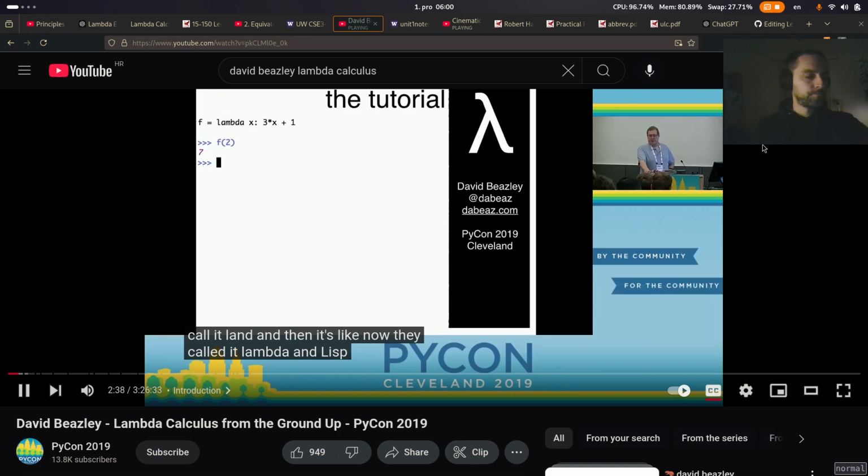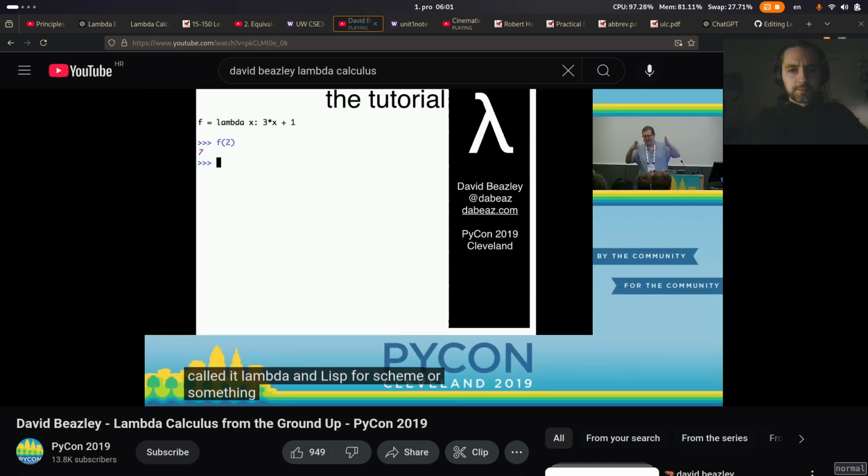Lambda in Lisp or Scheme or something. So it comes from Lisp, and then it's like, why did they call it lambda? Well, they took it from the Lambda Calculus. And then if somebody asks what's the Lambda Calculus, you start running away in horror. And actually, personally, before doing this tutorial, I didn't even really know the Lambda Calculus at